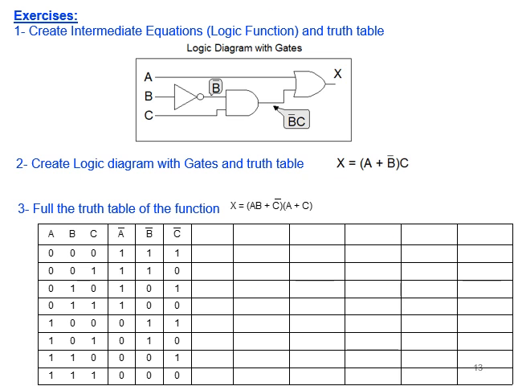Now here are exercises, we will work together on this exercise. Have a look at this exercise. The first one asks me to create intermediate equations, the logic function, and the truth table. Now if I come here, I will say this is the inverse of B, B inverse, as you can see here, and the output is B dash C dash, and this is A, this is OR, then I will say X equals A plus B dash